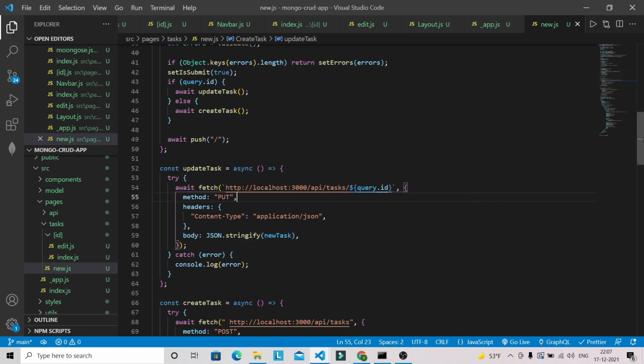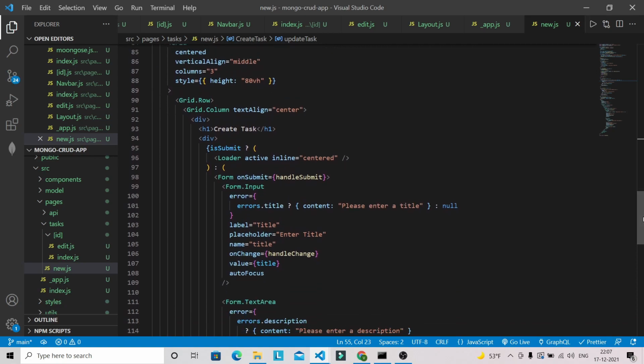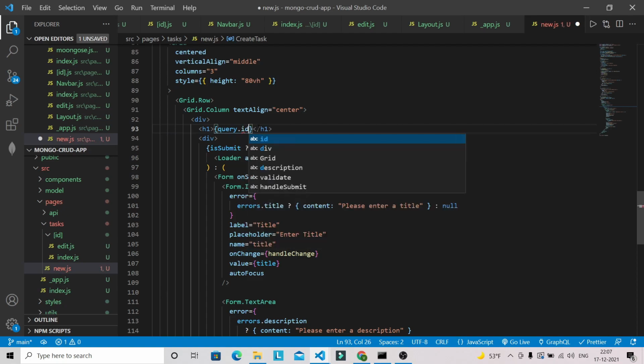And we have to also change the title and the value of button. So this is the create task. So now we can do something like this. If we have the id, that means user is updating the existing task. So we can give here like update task else create task.